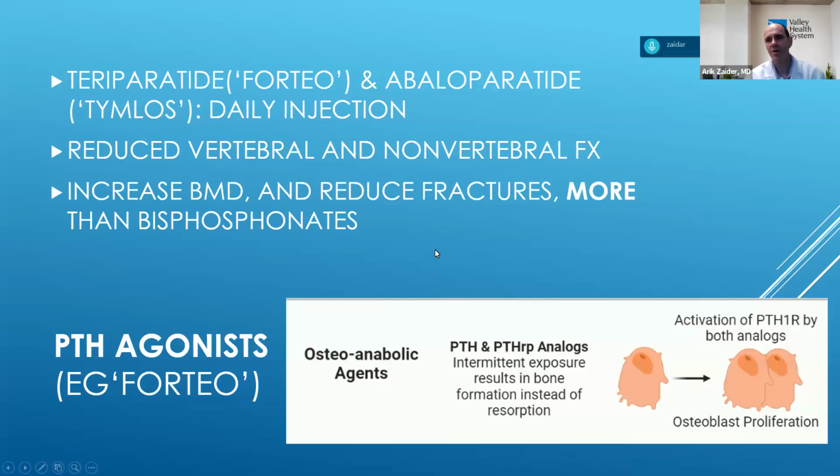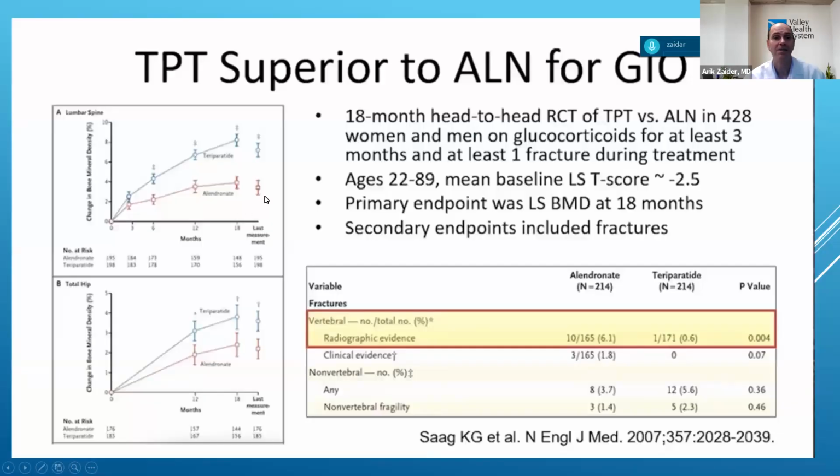Now, Forteo is very unique in that it's given as a daily injection. So some people don't love that. Of course, you have to give yourself a shot every day. It's usually given over the course of 2 years. The thing about it is, however, because it doesn't just prevent bone loss, but causes bone formation and creation, it's really very effective and very powerful. Okay, it's far superior to Fosamax. So in the same way that Prolia has an edge over Fosamax, Forteo also has a significant edge over Fosamax because it's causing you to build bone.